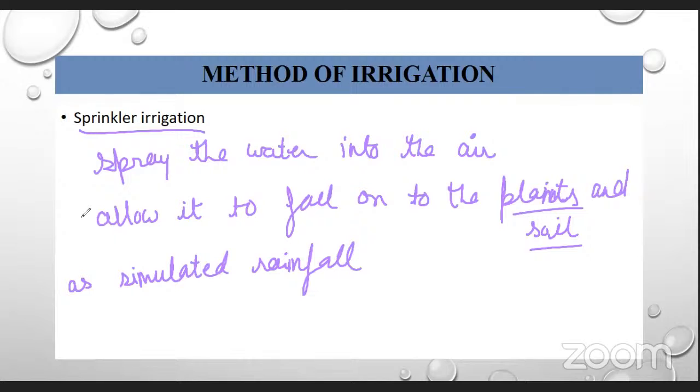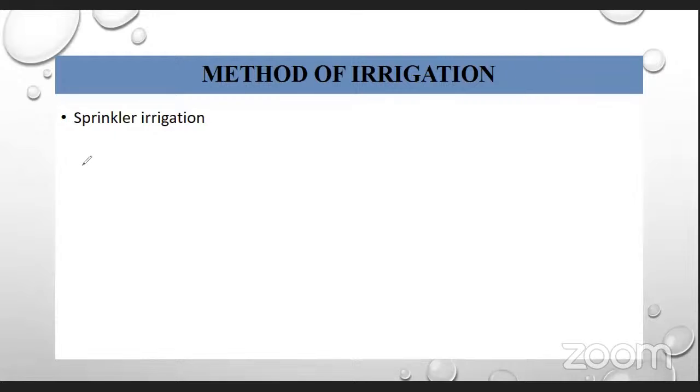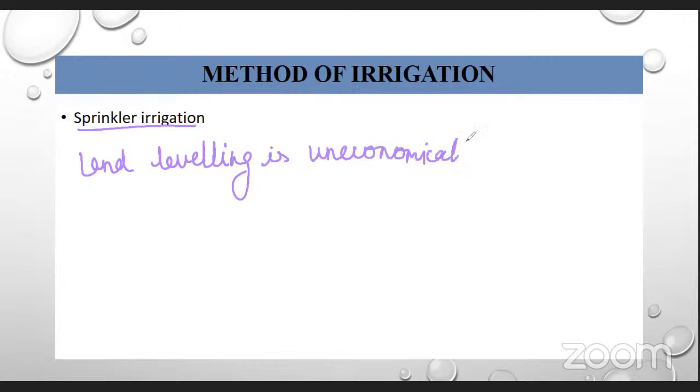And this sprinkler irrigation is usually practiced in land where land leveling is very uneconomical. Okay, so this question may be asked: in which area do we usually practice sprinkler irrigation? Where the land leveling is uneconomical, at that place we usually practice sprinkler irrigation. Okay. And then this sprinkler irrigation is also known as the overhead